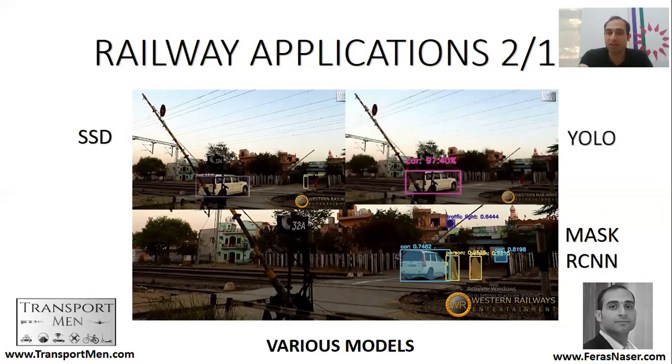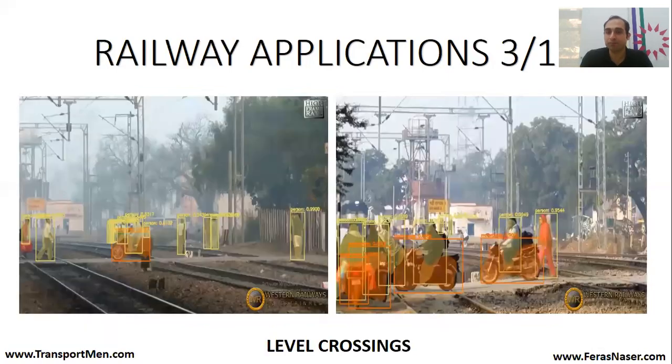There is something I want to tell you to help differentiate between Mask R-CNN and YOLO or SSD. Mask R-CNN detects an object by putting a mask on the object, so you know exactly where that object is, while YOLO or SSD focus on putting a bounding box. So let us apply this on a level crossing, and I am confident that this is even better than the ability of a human being. These models detect these objects in a fraction of a second.